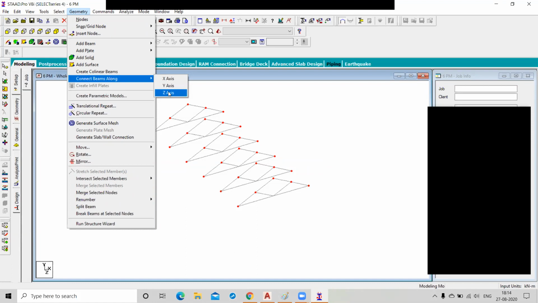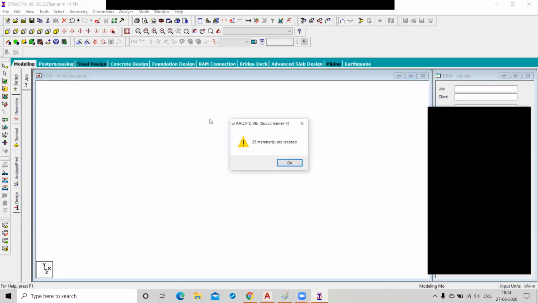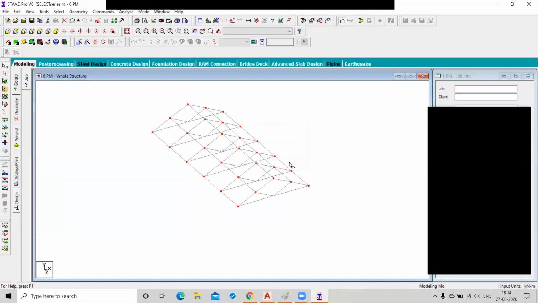If you want to select nodes manually, we have this option, connecting beam along axis. So we have 25 nodes created, and click on OK. So see, all the beams are created.